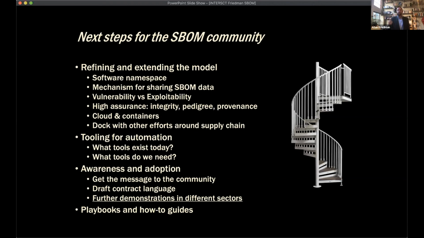And so we're talking to folks in the energy sector and the finance sector, the automotive, the global automotive industry is interested in this. So there are a bunch of different approaches for it. And then finally, the meeting that we're going to be having on October 22nd, the big multi-stakeholder meeting, we're going to be presenting the first draft of a playbook. So how can a company that wants to produce an SBOM, what are the sets of decisions they have and what are the options they have?